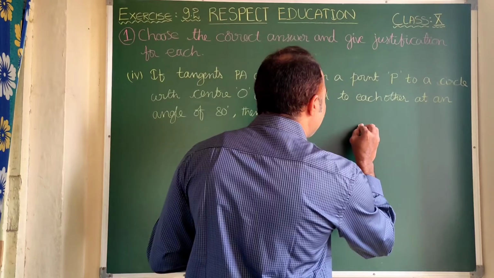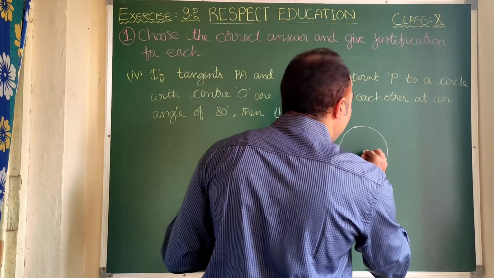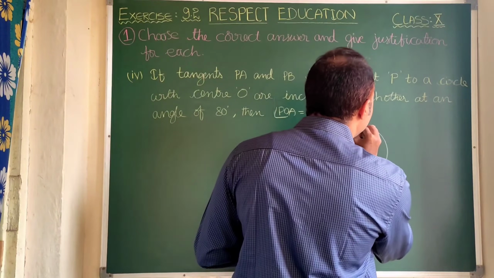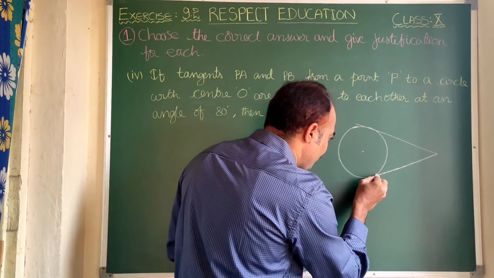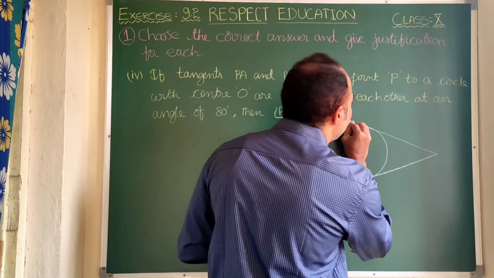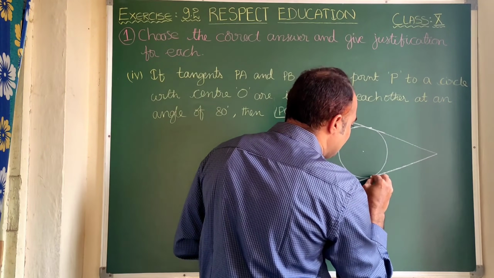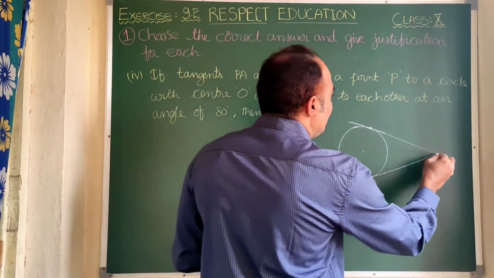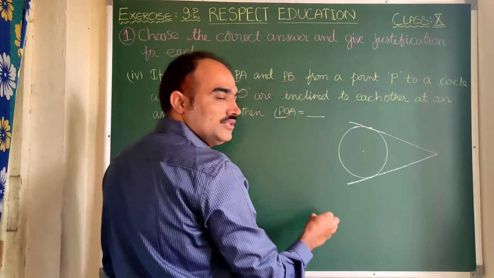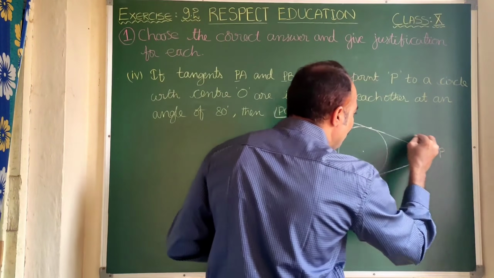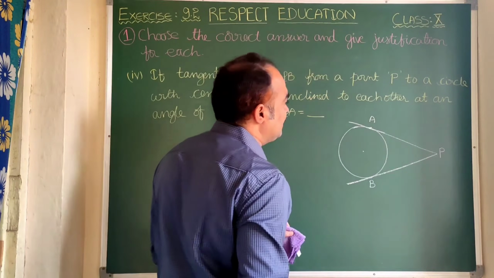Let us see here. Consider a circle with center O and two tangents to be drawn. Here is one tangent. This is the second tangent. Just take these as points of contact. So here it is given PA and PB. Here you observe P is common. So P comes here, then only you will get P to A. PA is one tangent, and P to B, PB is another tangent.